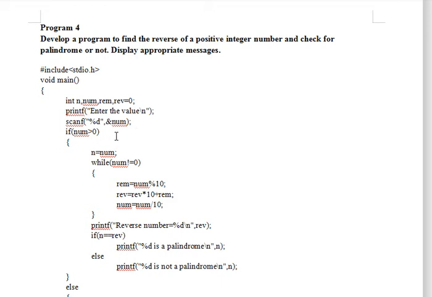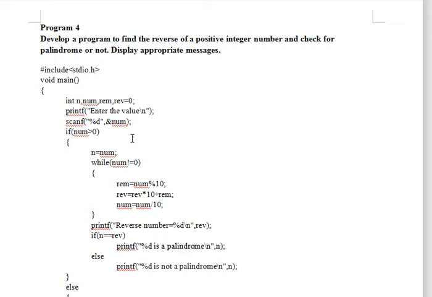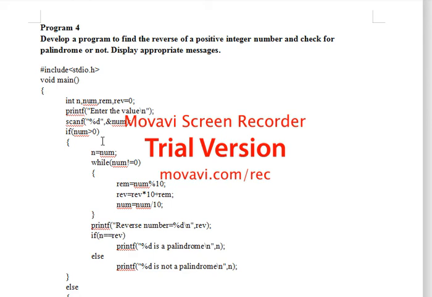So here it is best to enter at least 4 to 5 digits. In the question they said that you test for a positive integer number, right? So we can reverse only for a positive number. So for that we can write the condition as if the number is greater than 0. Already you have seen while explaining if else how to know whether a number is positive or not. So the condition is num is greater than 0. Then one more initialization we do: num, we are going to store it in one more variable called n.